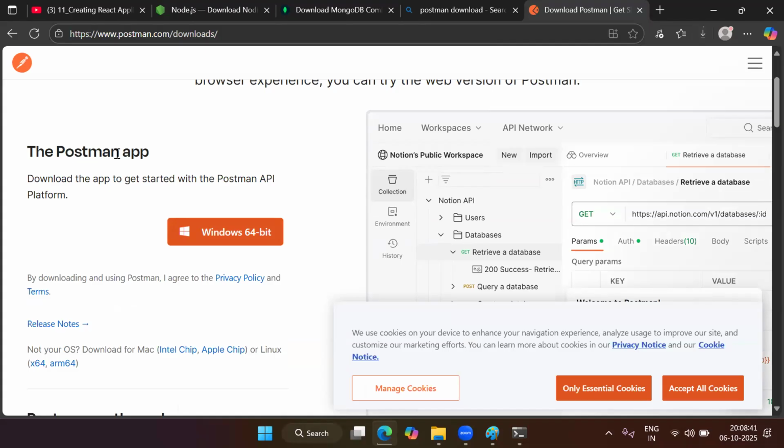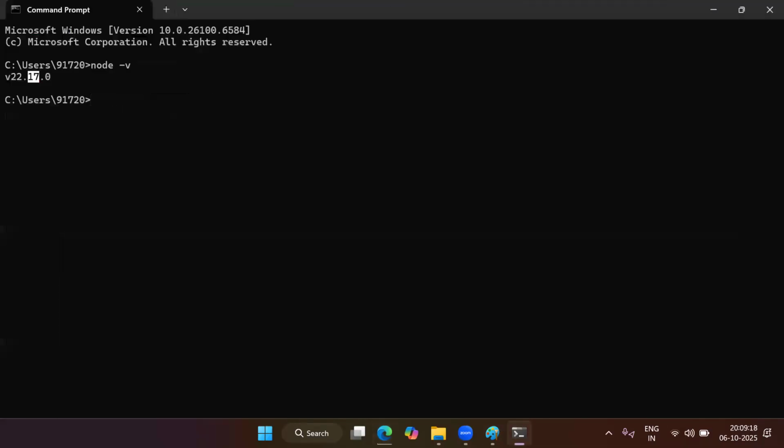Why we require Postman: once we develop REST APIs, to test whether our REST APIs are working as per our requirement or not, for that we require Postman. The Postman tool is used in the industry also for testing REST APIs. Especially the people who are working in backend will be using this Postman tool. Whether you are a Java developer or a Node developer or a Python developer, most of the people will prefer Postman. You can test all the APIs developed with any technology using Postman. That's why we are going to use the Postman tool here.